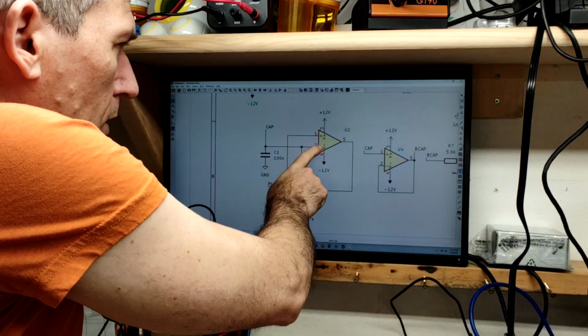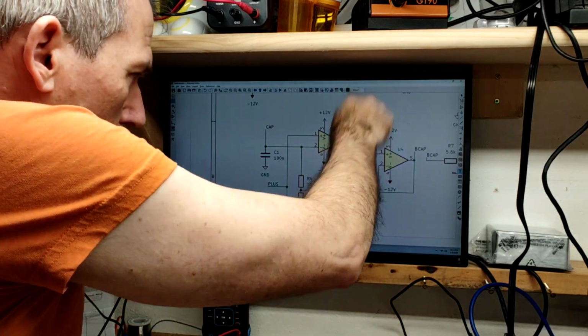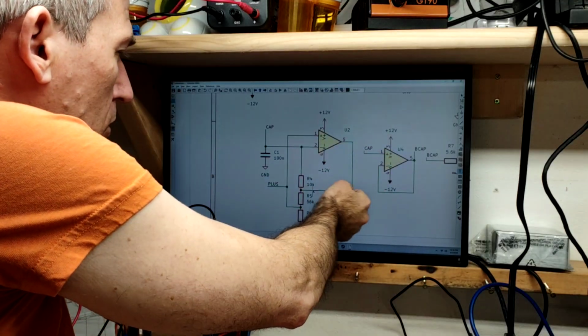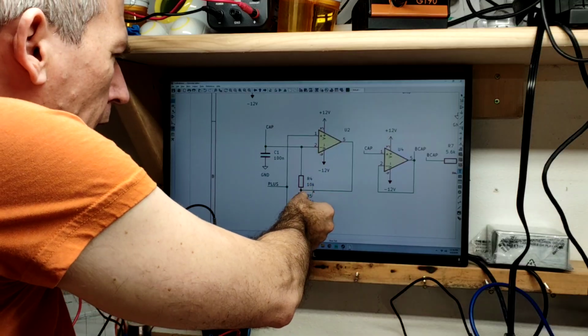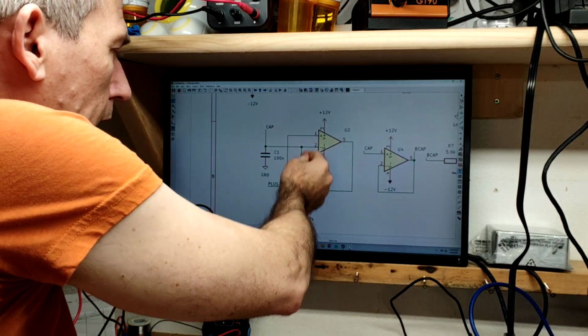And so if this is negative and this is 0, the op amp is going to say, "Oh man, we got to get negative," and so it's going to shove negative 12 volts out this. It's going to keep on pushing that down, and so we have a negative voltage coming in here, and so then this is highly negative,